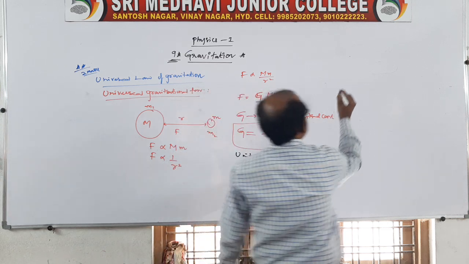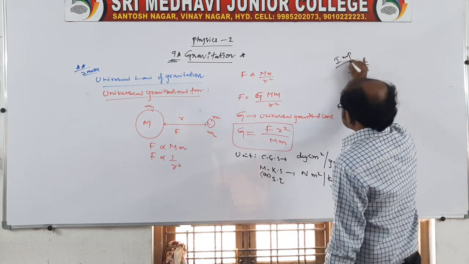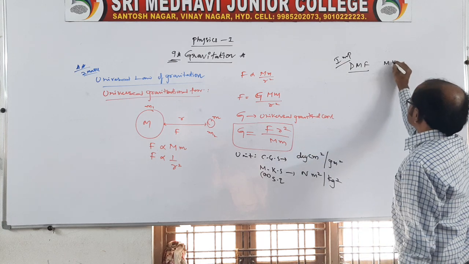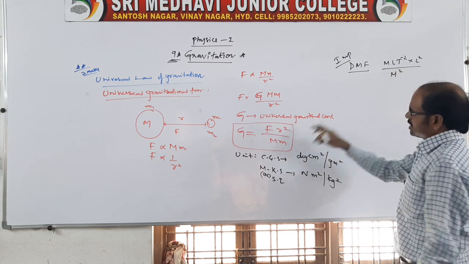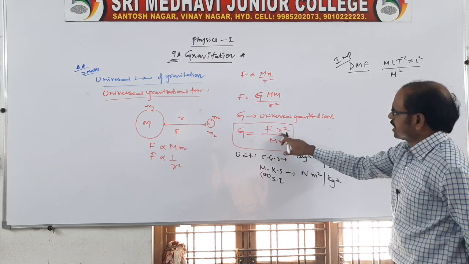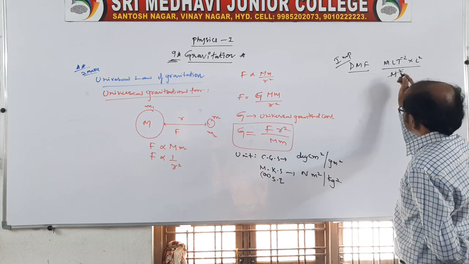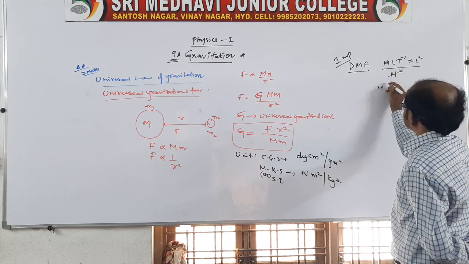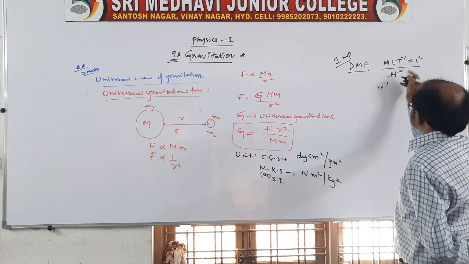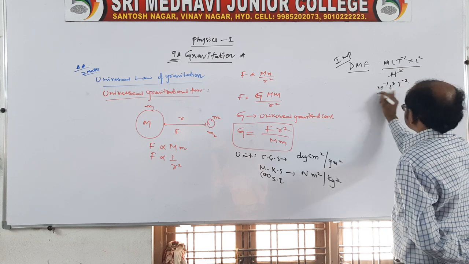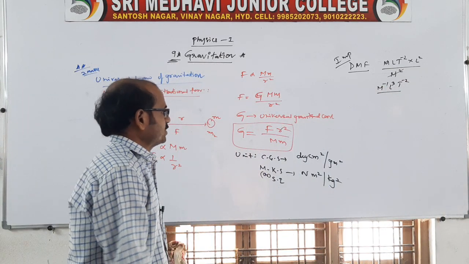What about the dimensional formula? Of course, it is a very, very important dimensional formula for 2 marks. So here force we know is M L T power minus 2, into L square by M square, because mass is M square and r is the distance, so we say L square. So you cancel one M, then one M is left over, you take it to the numerator, it becomes minus 1, and L into L square is L cube T power minus 2. This is very, very important, the dimensional formula, and everyone remember.